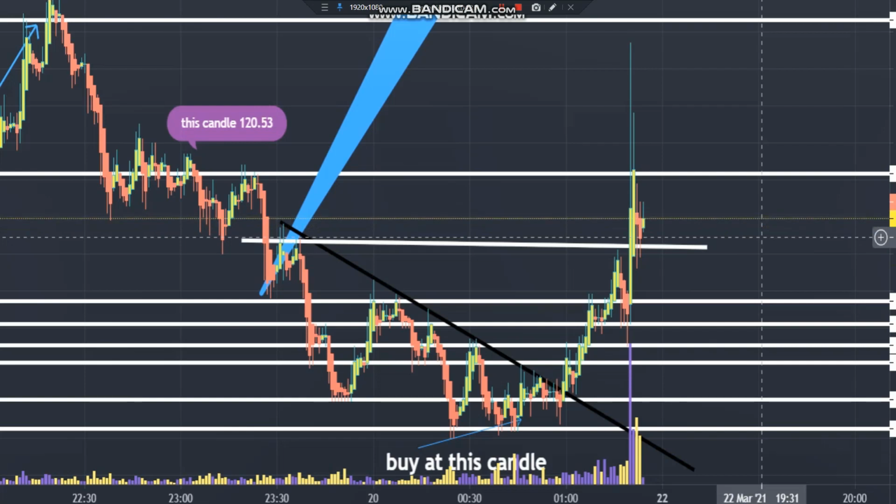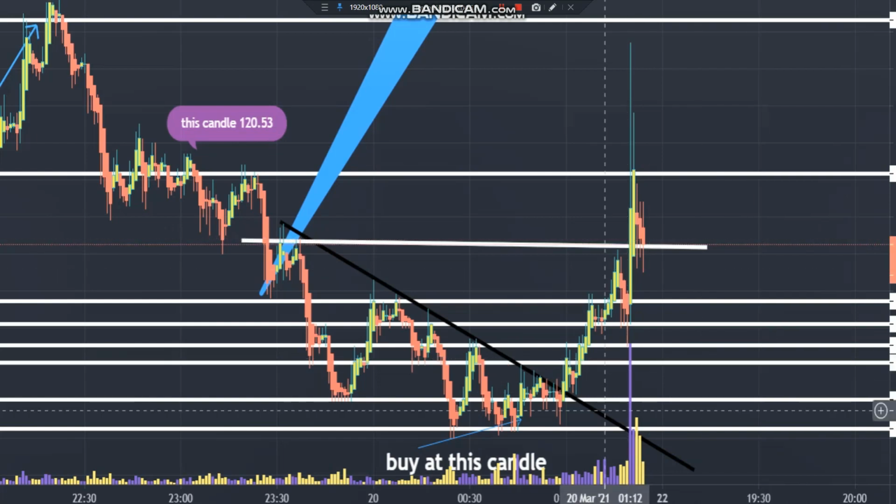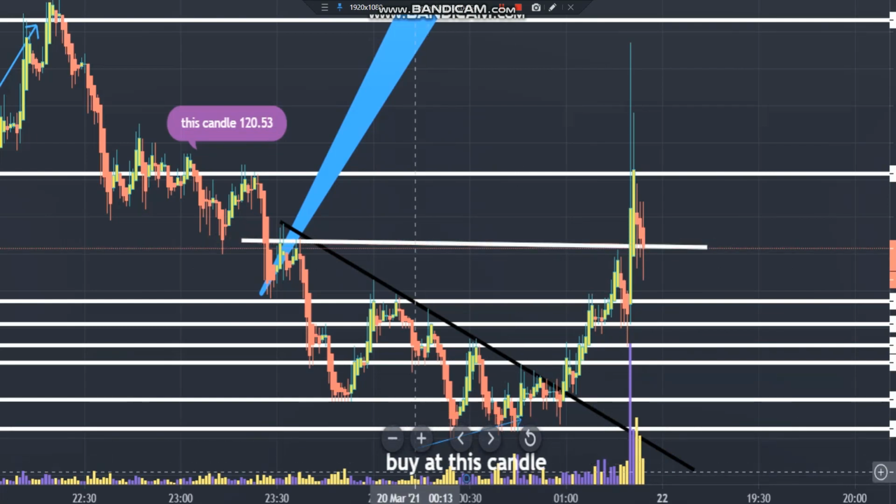See, only two red candles formed. Now again a green one has formed. So this clearly states that it does not want to go down. The trend is up. It wants to go higher. There is selling pressure. Volumes are less. So I don't know how it is going to pan out. But I feel it is going much higher from these levels. And that is the reason we gave a buy at this candle. Already written buy at this candle.